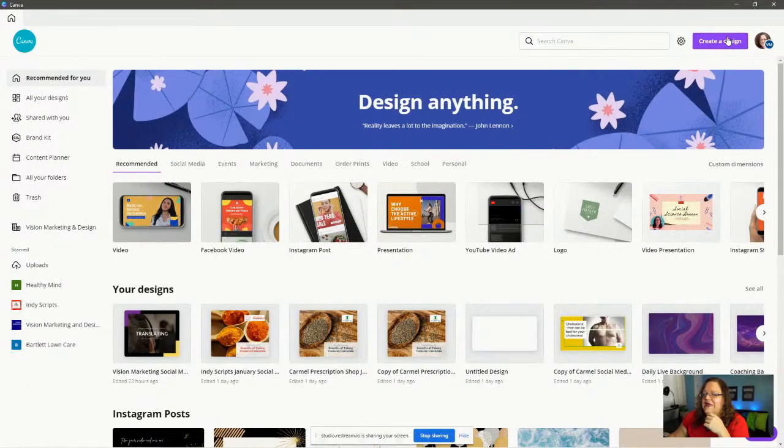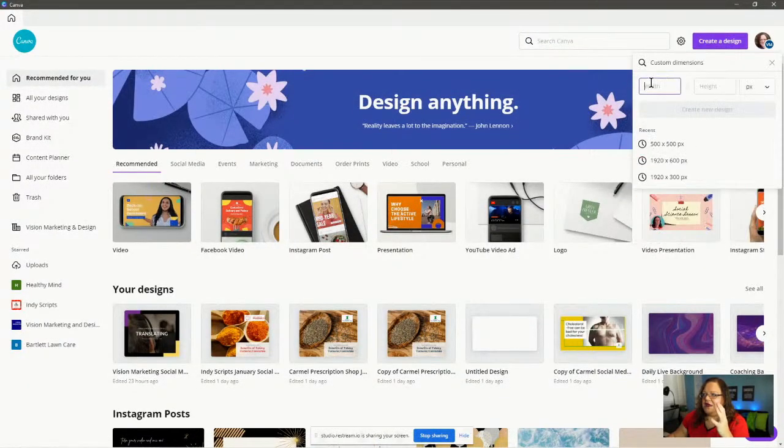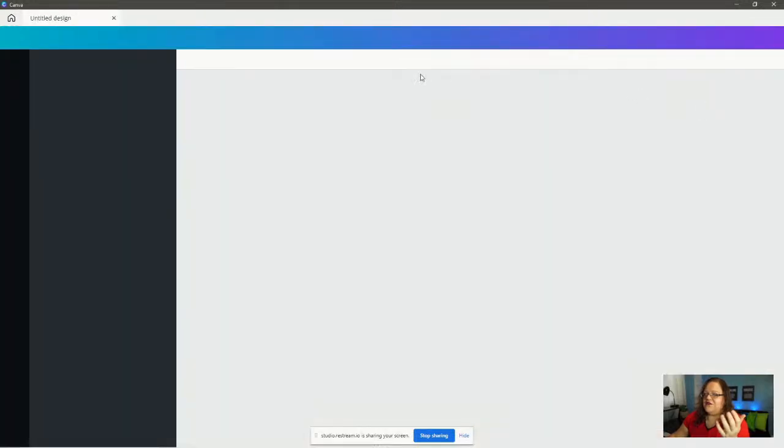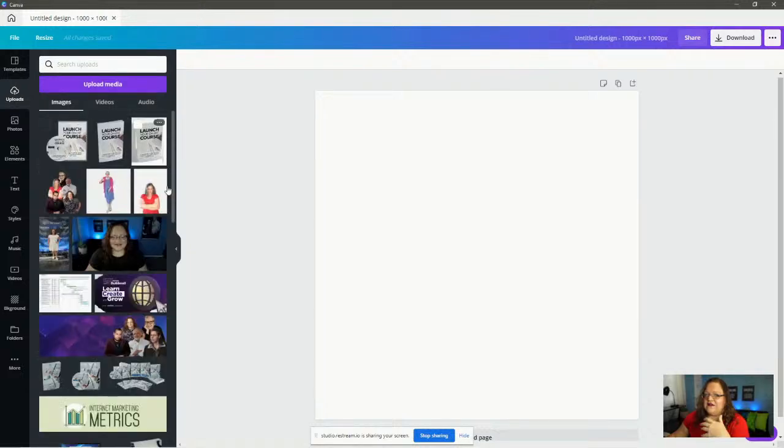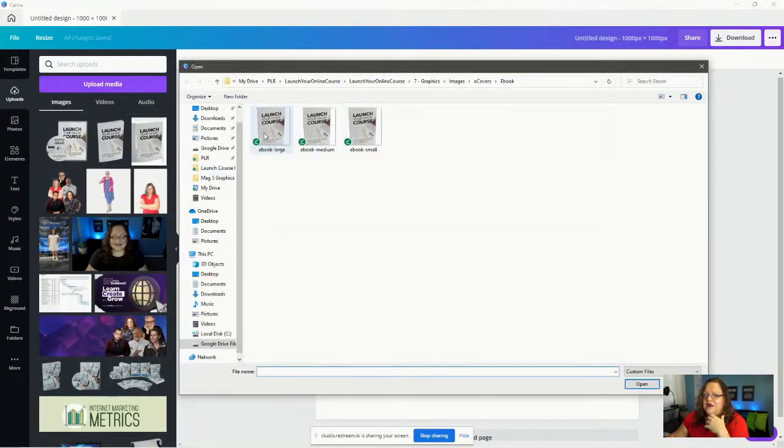So when I'm creating images for my website, if I'm choosing a square image, I like them to be about 1,000 by 1,000 because it's big enough to not look pixelated, but it's also small enough to not really drag down the website. So I'm going to go ahead and upload the image for